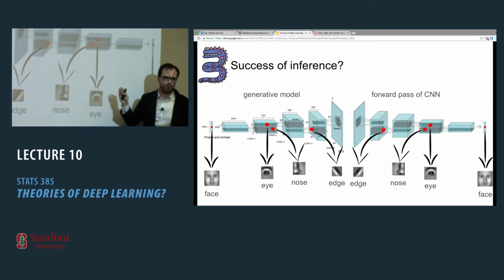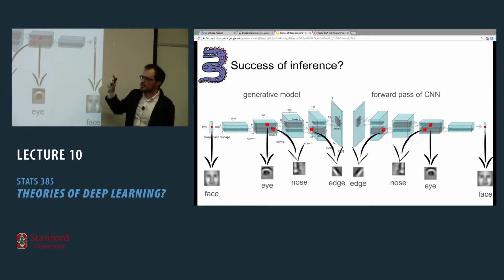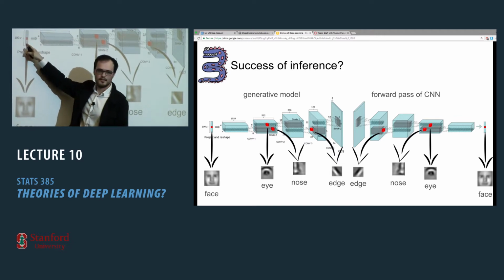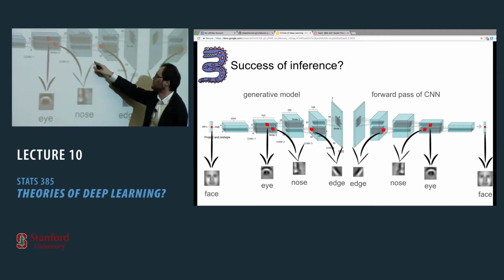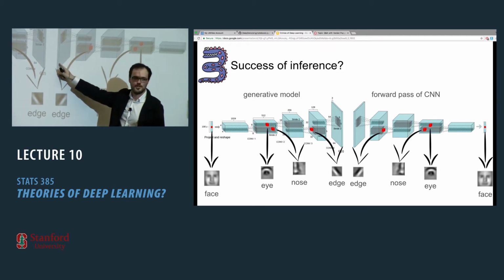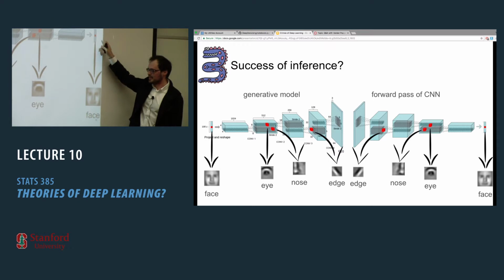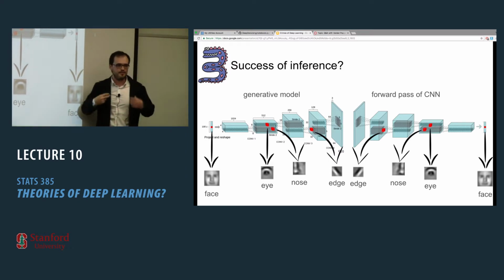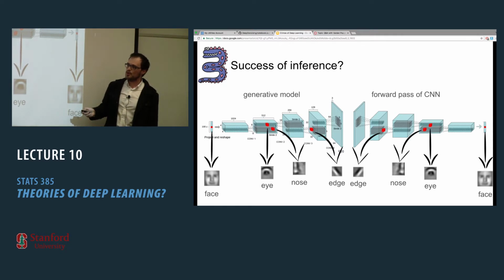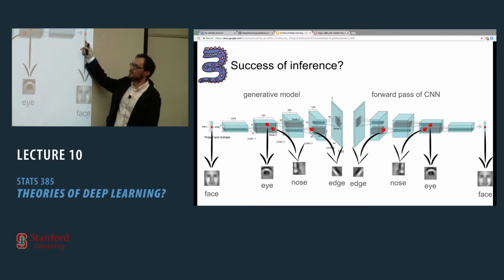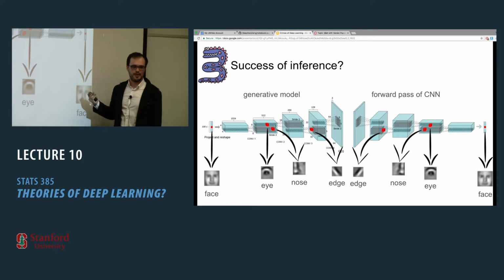Why do you care about such a question? Because if you can prove that you start with a certain vector that encodes a face, and then you generate an image, and you go back to the original vector, and this vector says a face, then basically you've managed to classify the image correctly. If you start with a vector of a face, you go to an image of a face, and then you say that this is in fact a dog, then you failed classification.